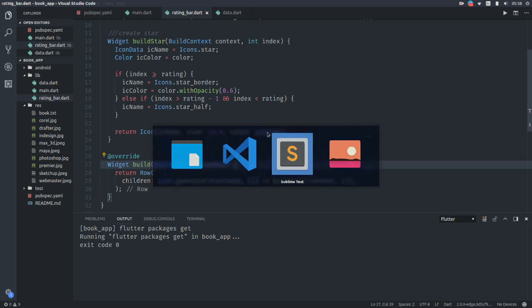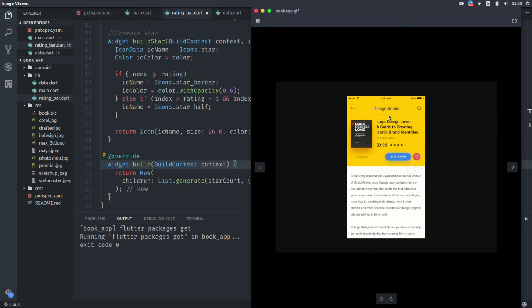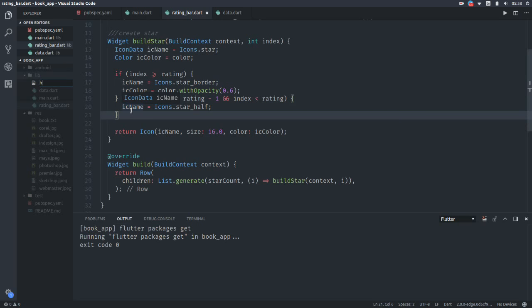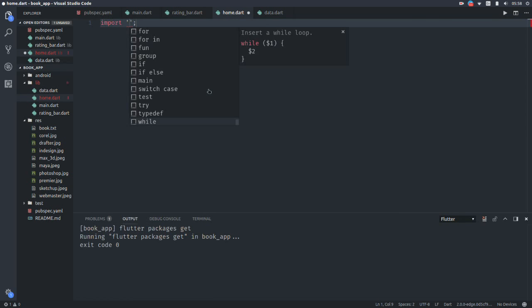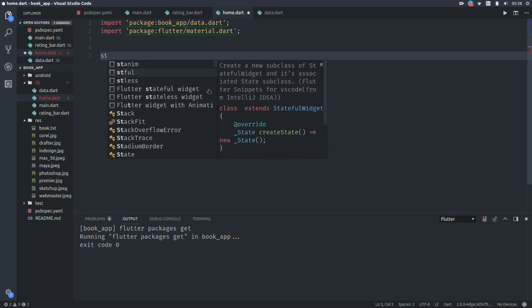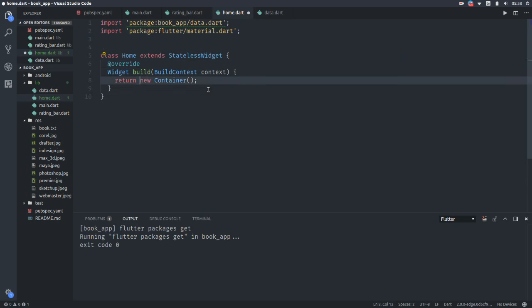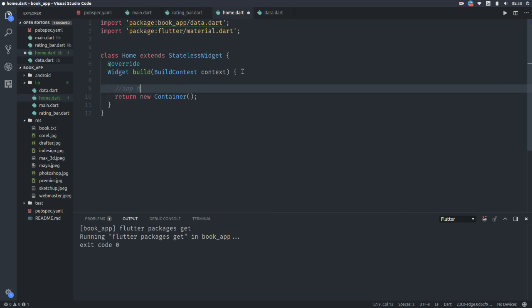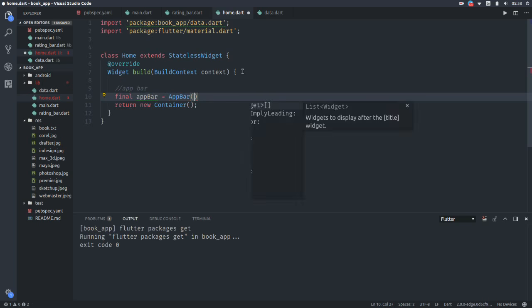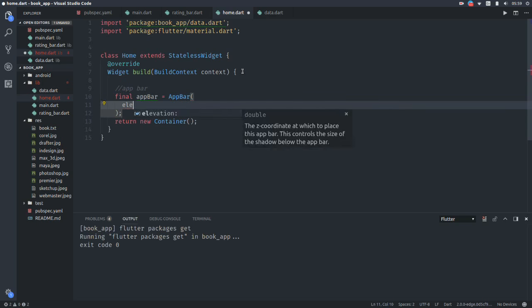Let's take a look at the design one more time. There are home and detail screens here with a hero animation of book image. So let's create home.dart and then import our data package and material package. Create a Home class which extends from StatelessWidget. Inside the build context of home screen, create an AppBar with elevation of 0.5,